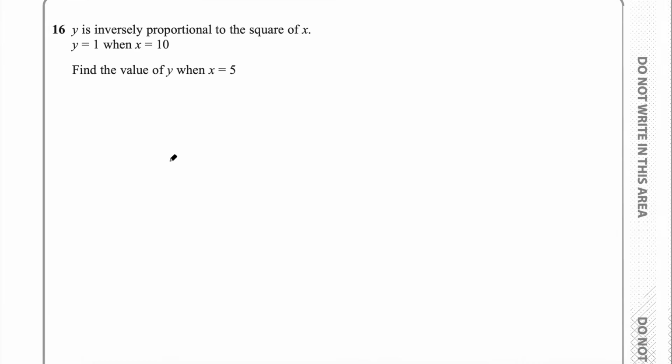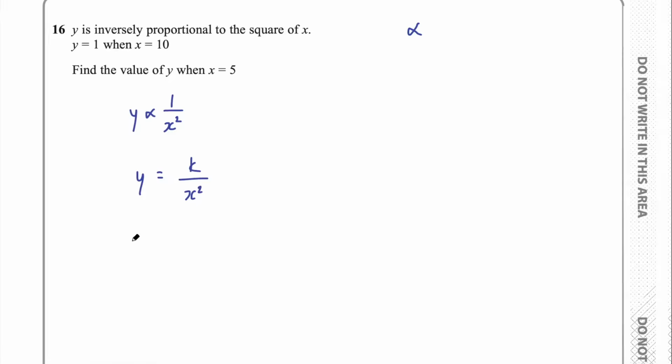Question 16 says y is inversely proportional to the square of x, y equals 1 when x equals 10. Find the value of y when x equals 5. Whenever you see proportional or inversely proportional, think of this symbol. It's kind of like an alpha. That means proportional to. So we can say y is proportional to 1 on x squared. That's what it means when it says inversely proportional, 1 on whatever you're talking about here. And then we can make that equal by introducing a variable. So we can say y equals k on x squared, where k has some value that makes these two sides